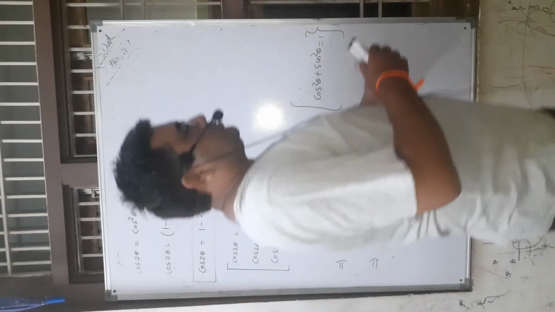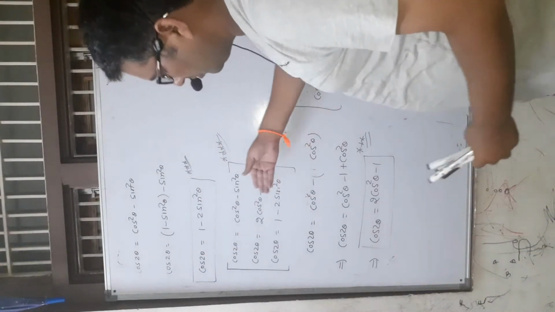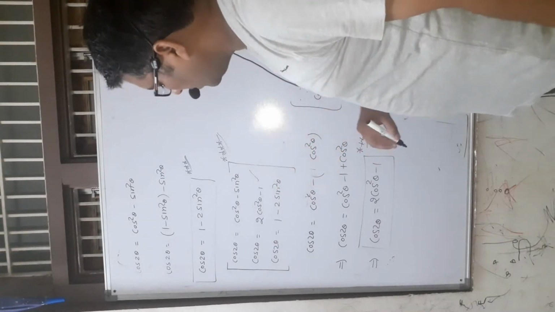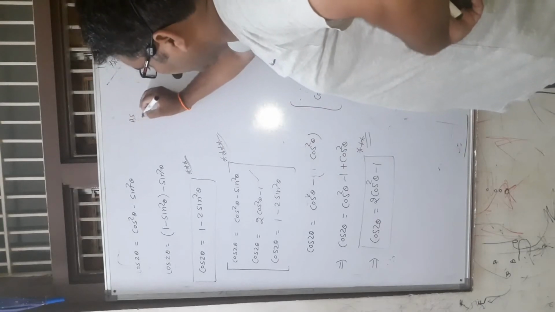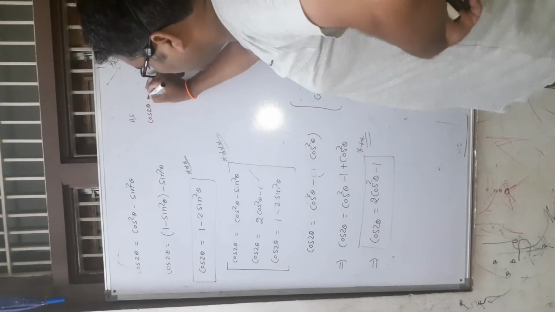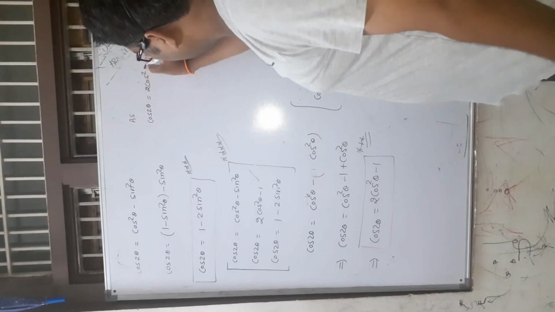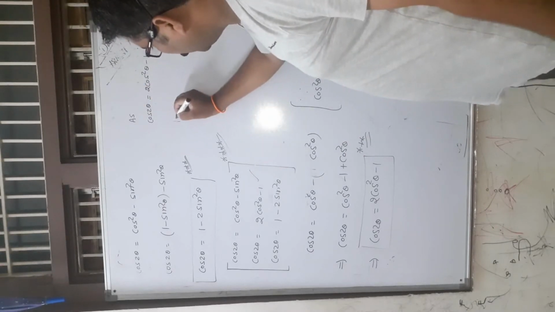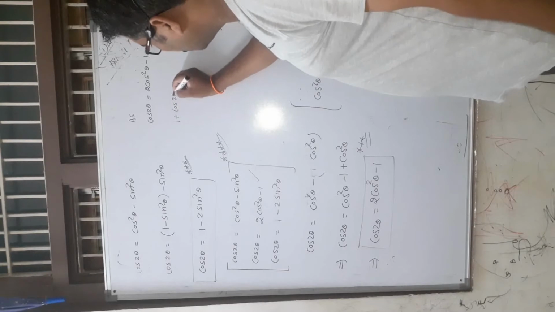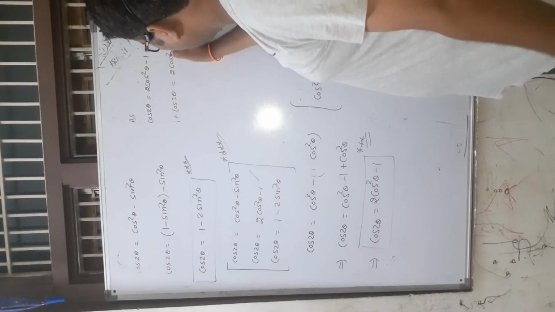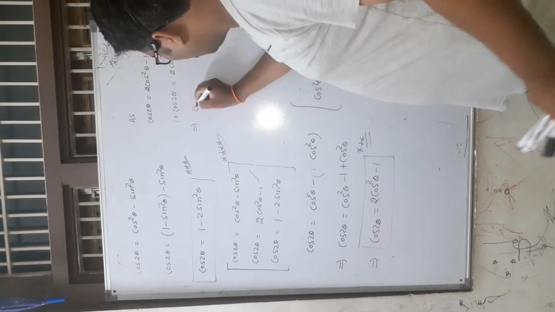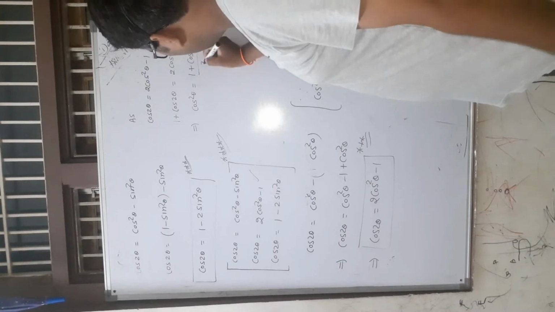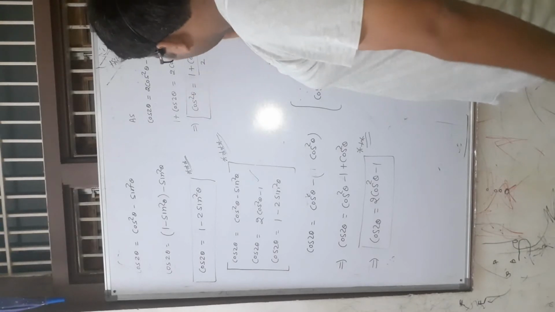Okay. So now we also derive a basic formula for calculating cos square theta and sin square theta. So from this formula, we find that cos 2 theta is equal to 2 cos square theta minus 1. If we take minus 1 in LHS direction, then it becomes positive. So 1 plus cos 2 theta is equal to 2 cos square theta. So this implies cos square theta is equal to 1 plus cos 2 theta divided by 2. So this is the formula for cos square theta.